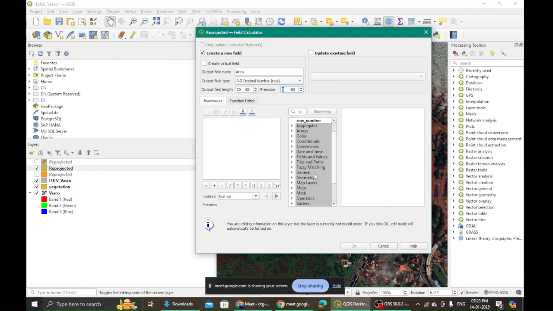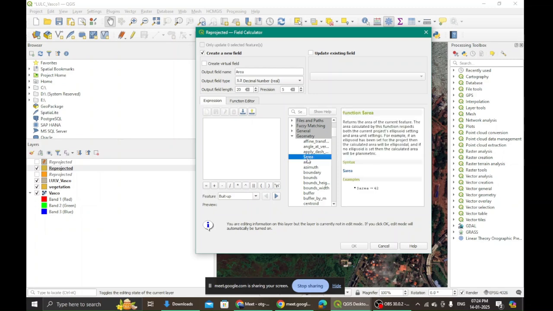Here I come to this particular panel: feature, geometry, ID, row. Here I go to geometry because I am trying to calculate some geometry. Let's say I want to calculate the area. So I click this dollar sign area. I double click on it and it gets populated in the expression bar.